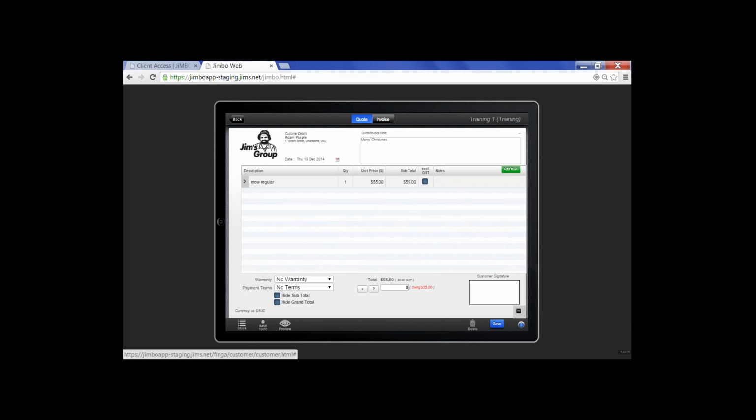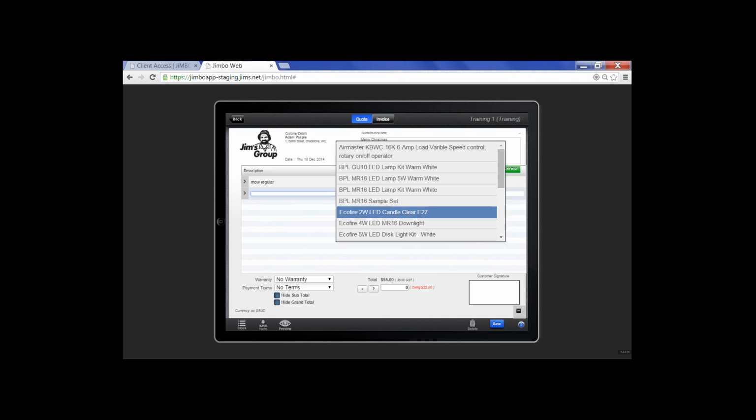You'll see here that my quotation has come across as Mow Reg, $55. That was the information I put back in the early boxes, and it's going to do that for me every single time. Now again, I can add to that. I can add to that by simply clicking on Add Item. So if I add an item in, now this particular list here,